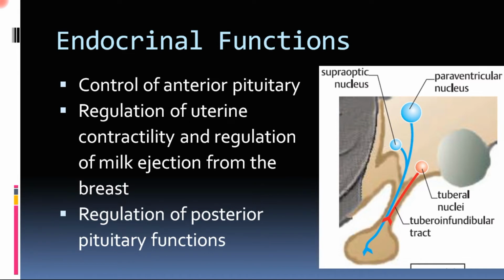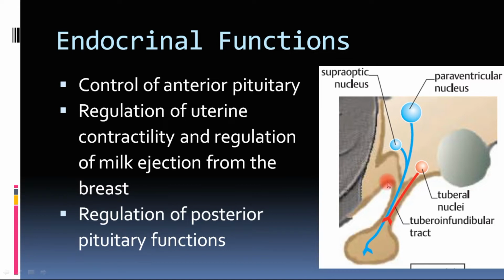So when these are stimulated and they release their neurohormones, that is the stimulating hormones, the releasing hormones and the inhibitory hormones, in the hypophyseal portal system, these then control the release of hormones from the anterior pituitary, that is hormones like growth hormone, thyroid hormone, and the hormones from the adrenal cortex. All those are regulated with the help of the hypothalamus tuberal nuclei, which is releasing or inhibiting hormones.